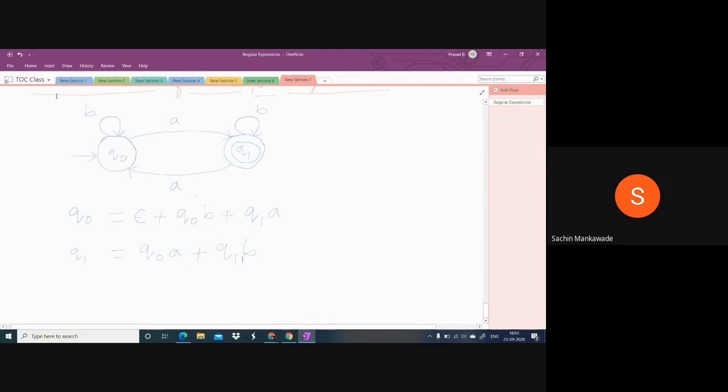Okay, actually what is our target? Our target is to find the expression. The regular expression is for the final state. What is the final state here? Q1 is the final state. For Q1, we have the equation, but this equation is in terms of the states Q0 and Q1. So we must eliminate these states. Okay. So how to eliminate? Look at this carefully. Do you understand these equations? Does anybody have any doubts about writing these equations? No, sir.